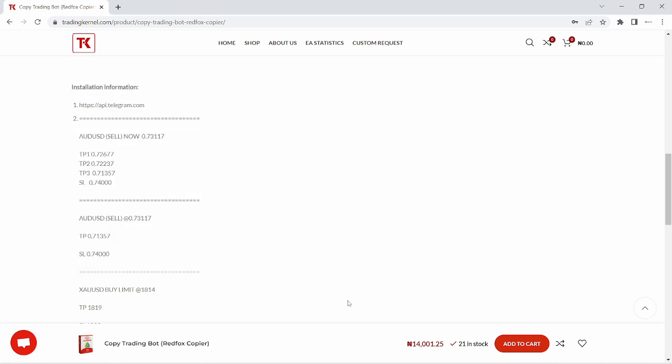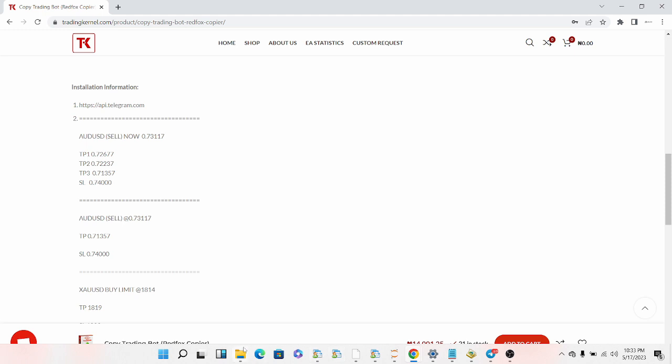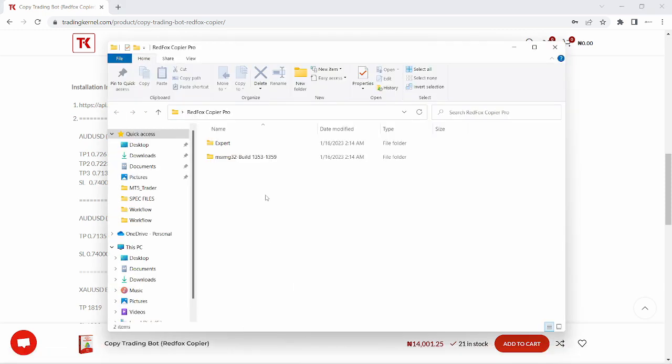Firstly, let's head over to our folder here. I've already downloaded the Redfox Copier Pro from tradingkernel.com, and you can see it comes with two folders. We have the expert folder, and then we have the DLL folder. This file comes as a zip file, right? And so the first thing you need to do when you get the zip file is to head over to